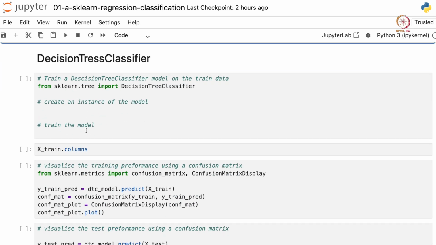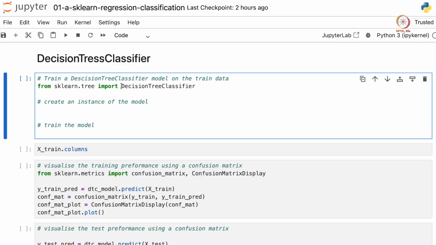Now let's again create a decision tree classifier model. You will learn later what this means, but let's see how to implement this code. So from sklearn.tree, we import the decision tree classifier model. As usual, we create an instance of this model. So DTC model. This is decision tree classifier. Let me copy paste this.